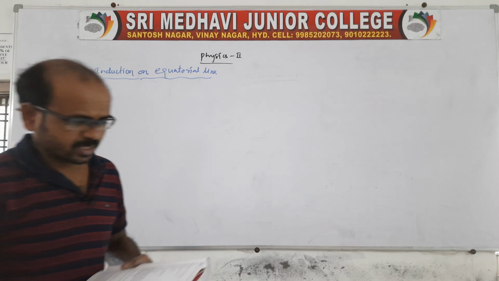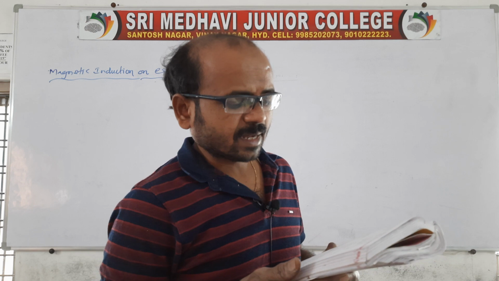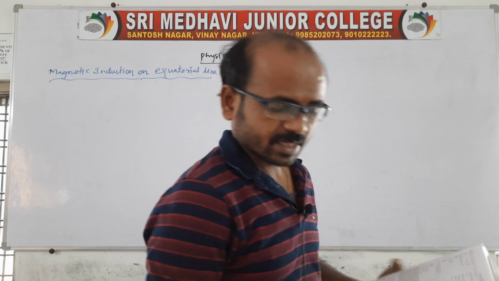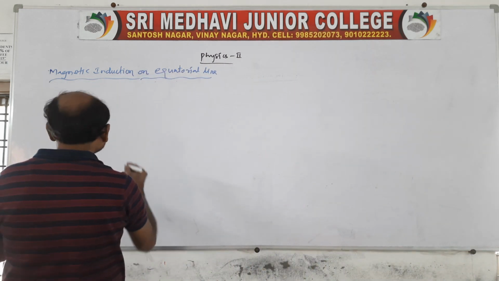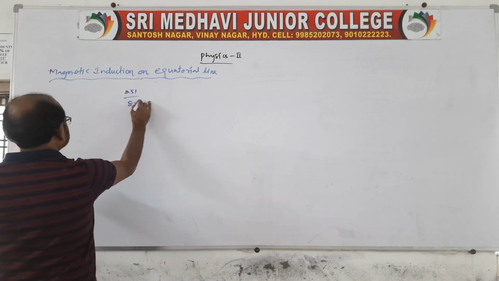Okay, so I'll read the question. A short bar magnet has a magnetic moment capital M, 0.48 joule per Tesla. Give the direction and magnitude of the magnetic field produced by the magnet at a distance of 10 centimeter from the center of the magnet on the axial line and on the equatorial line, the normal bisector. Page number 251, question number 8.12.